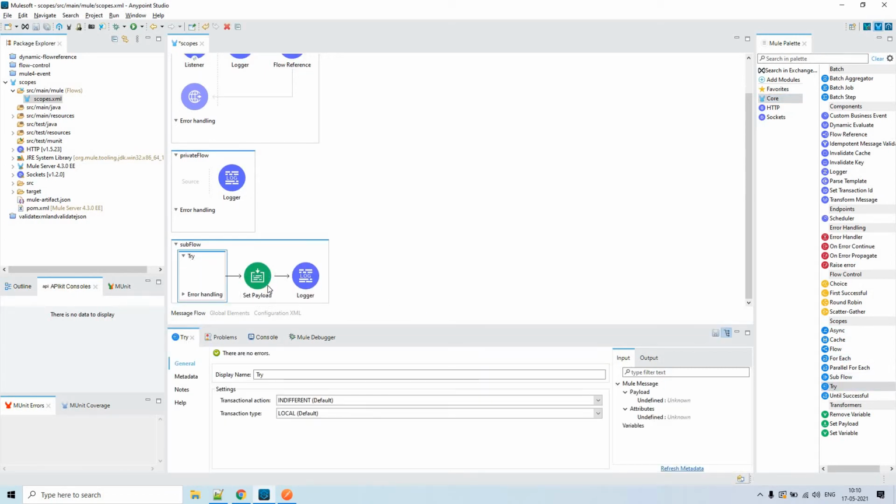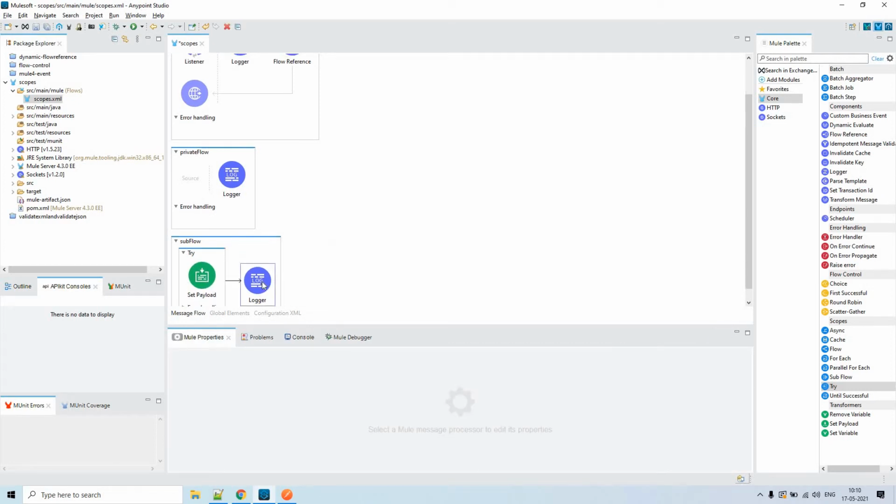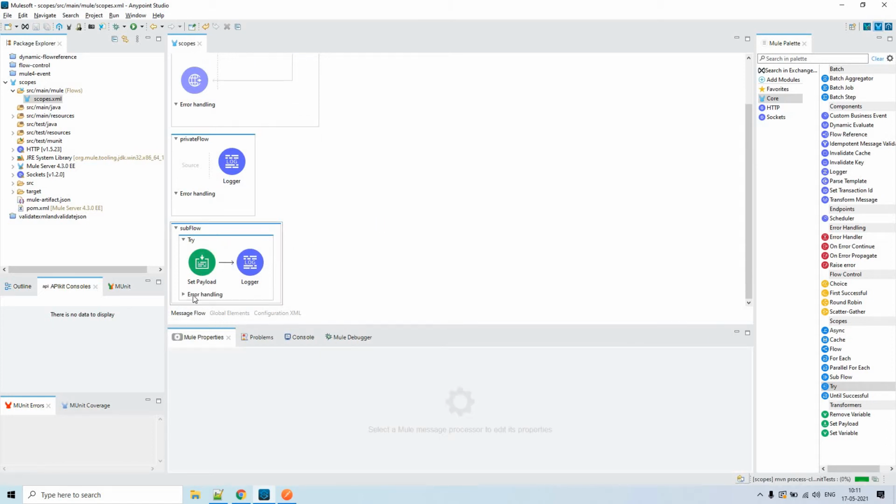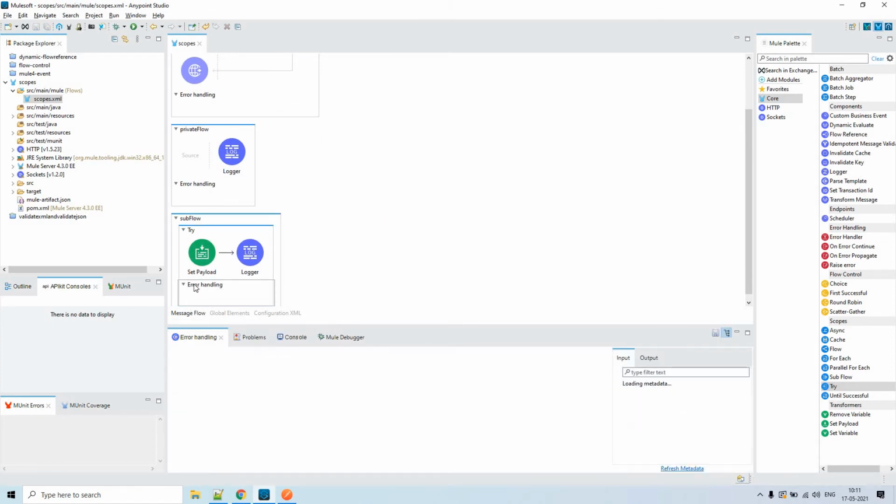We can add this to the subflow, and we can add whatever components may raise errors. Now you see, we got the error handling part because of adding the try scope to the subflow. This way we can handle the errors that may occur in the subflow.